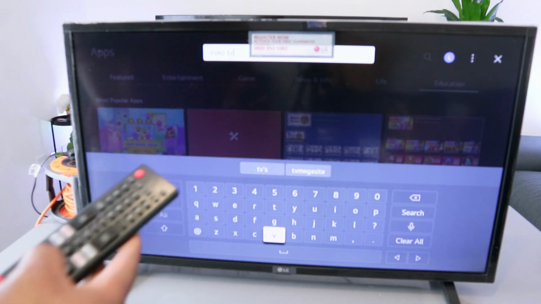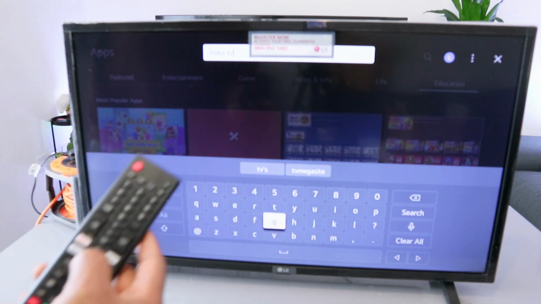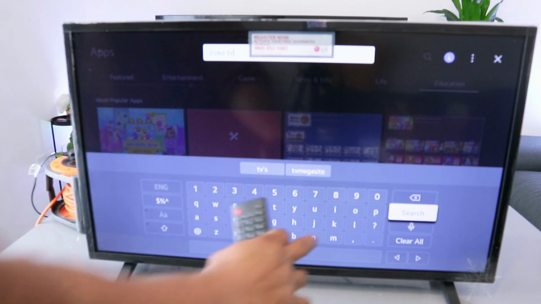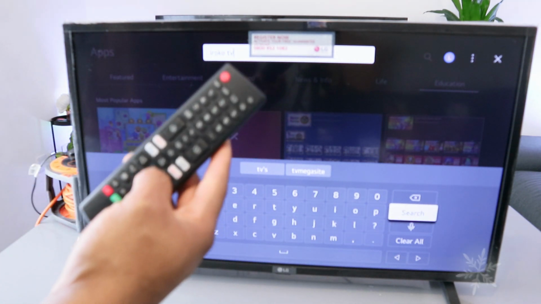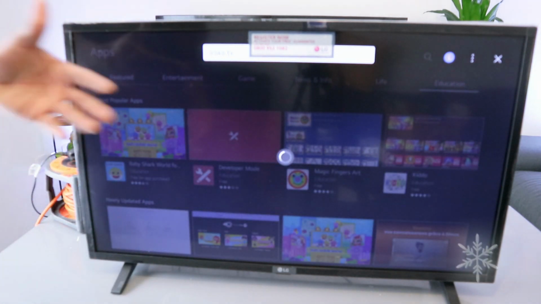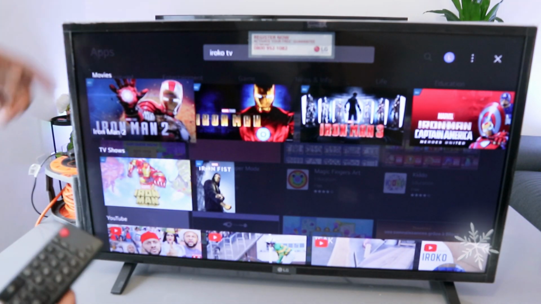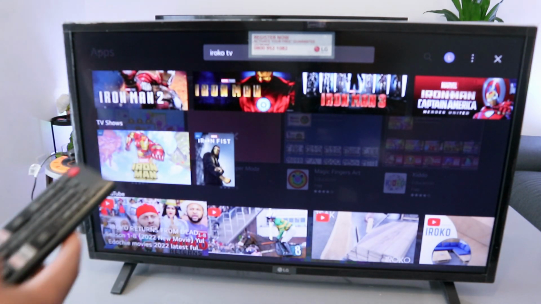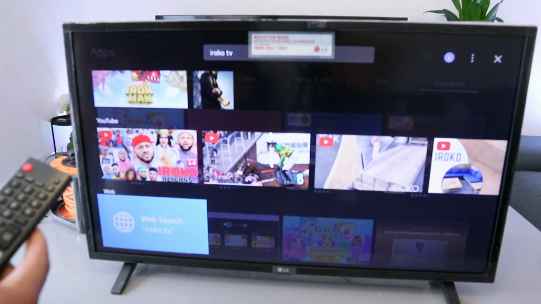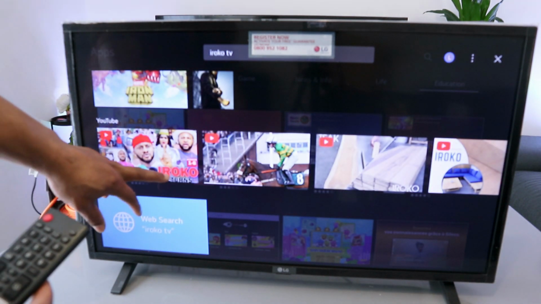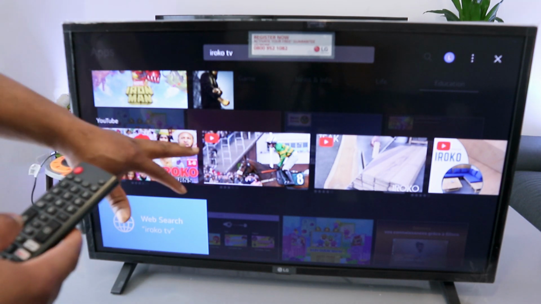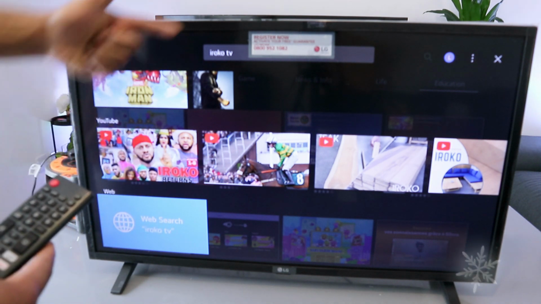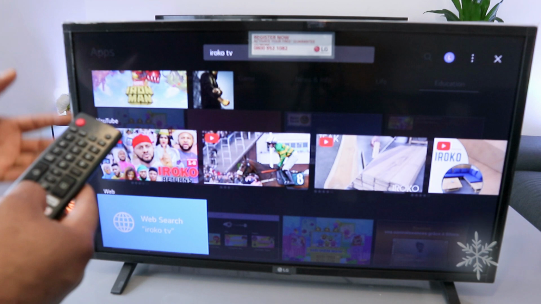Then the next thing you need to do is go to search. So scroll up and scroll down to search, and you can see search. Then use the center button to select search, and now it's searching for Iroko TV. So if you scroll down, you scroll down to YouTube, and you can see all these are features from Iroko TV. So Iroko TV is on YouTube. You can see it will show you that particular videos or any information with Iroko TV. But if it's a TV that has its own app, it will show you. But Iroko TV is pretty much